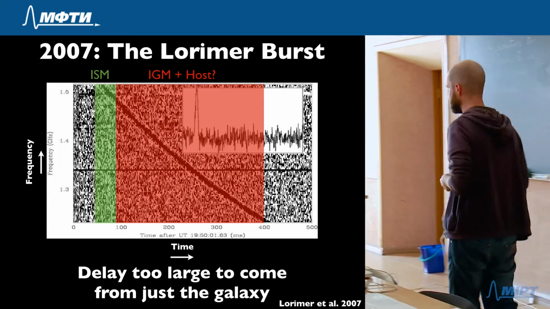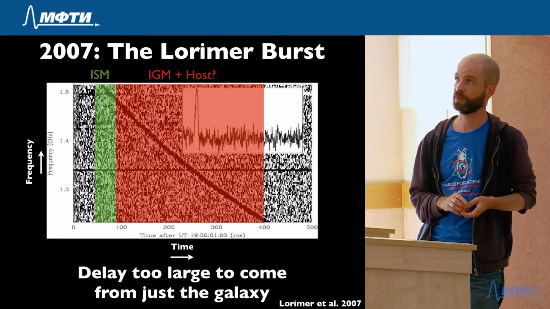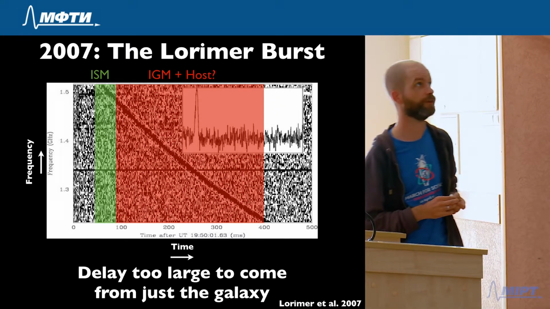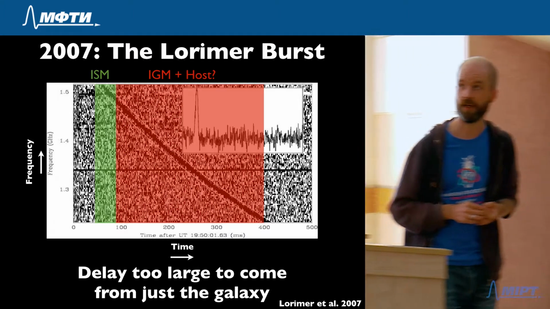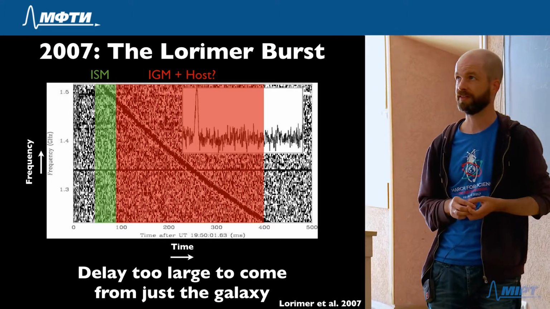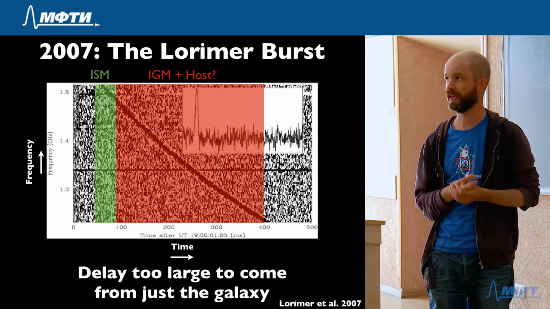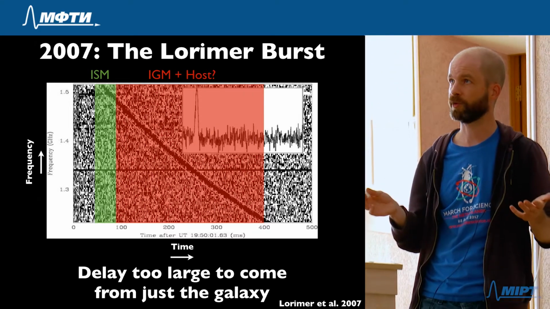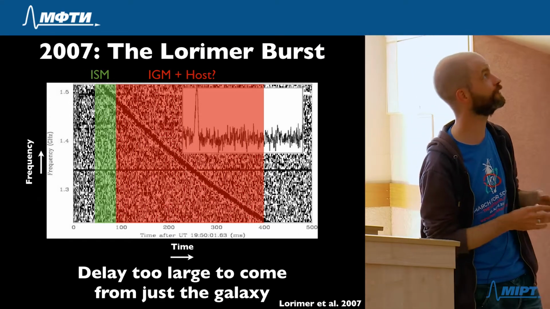So the scientific interpretation was, well, maybe the source is not being dispersed just by the interstellar medium of our galaxy. Maybe the intergalactic medium, which is also ionized, is also contributing to the observed dispersion of this burst. If you take models for the electron density in intergalactic space to use this dispersive delay as a proxy for distance, what you find is that this source comes from approximately 0.5 redshift,